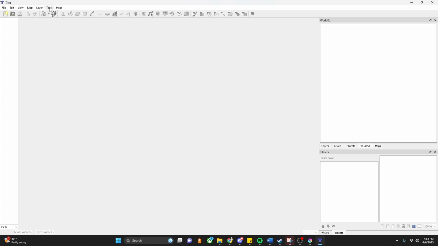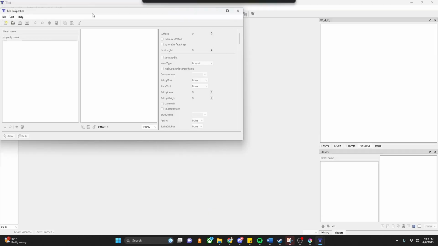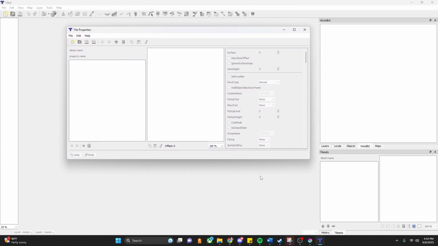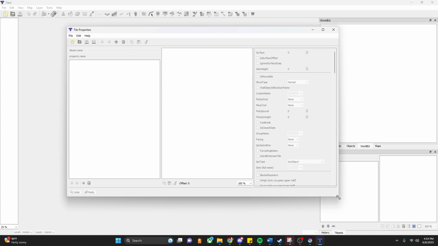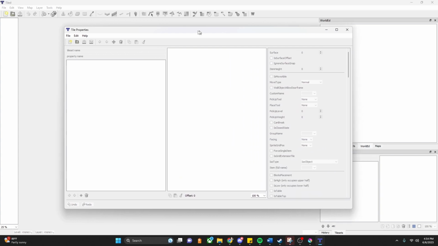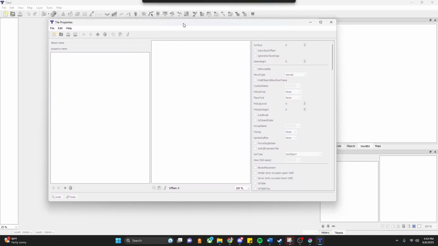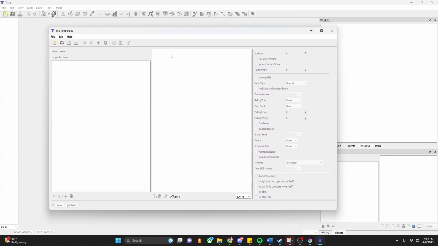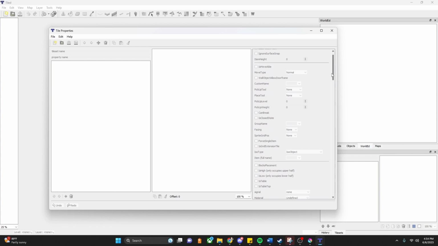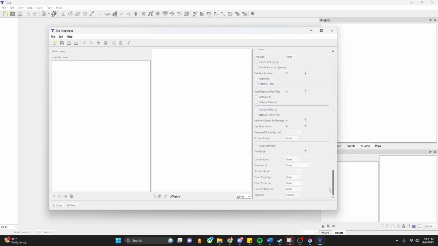that we need. So come back up to Tools, Tile Properties. This is how we're going to set how the tiles are interacted with in the world. A little forewarning, there are a lot of tile properties. Best thing I suggest is look at what the tile properties are of a base game item you're interested in replicating, for example, a fridge, and seeing what properties that has, and you could just click copy paste those properties